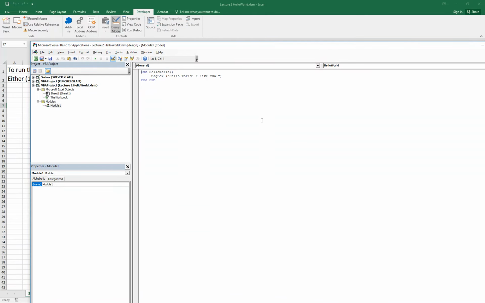That's how you start to work in the Visual Basic Editor and start to type the code. But that's how you open the